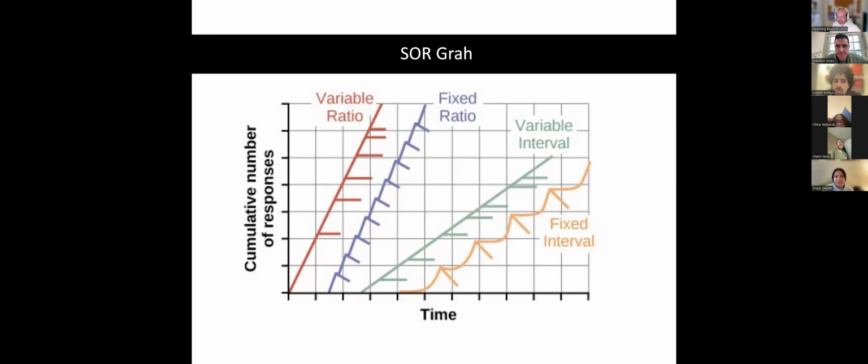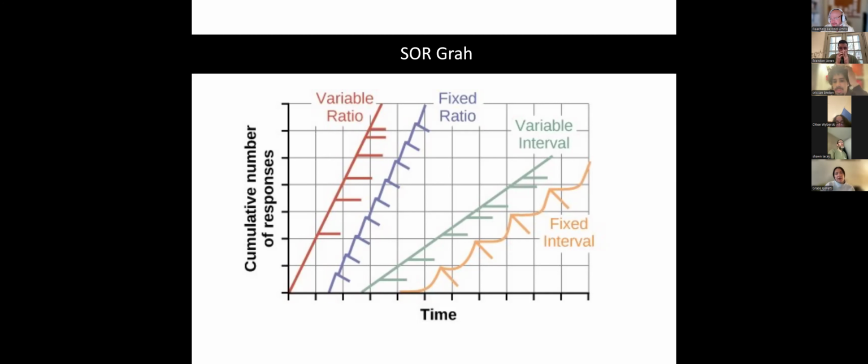I'm sorry, I'm just a little confused. Please. Variable ratio and fixed ratio kind of seem the same to me, but from my understanding, fixed ratio is like every third time, and then variable ratio could be like the second time, and then the fifth time, so it kind of jumps around. Am I correct? That's totally correct. So that's really the only difference, Chloe.